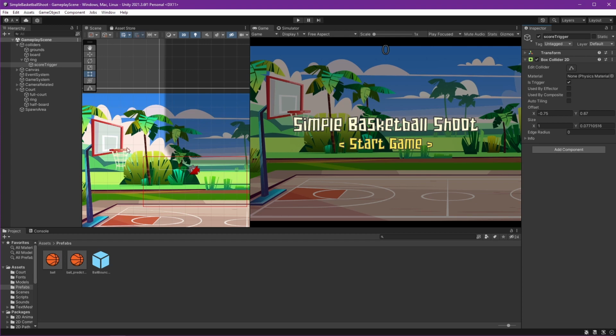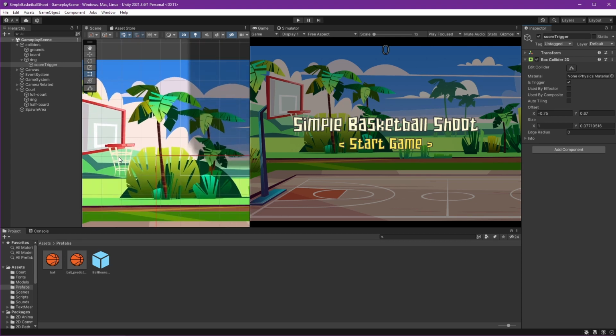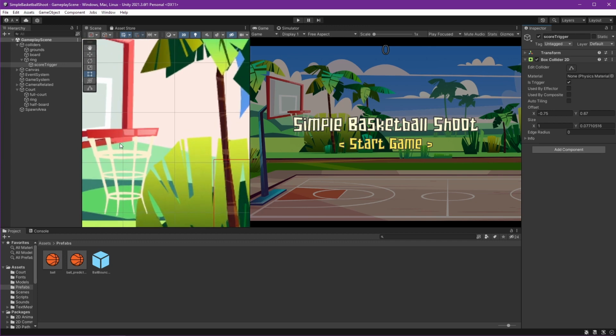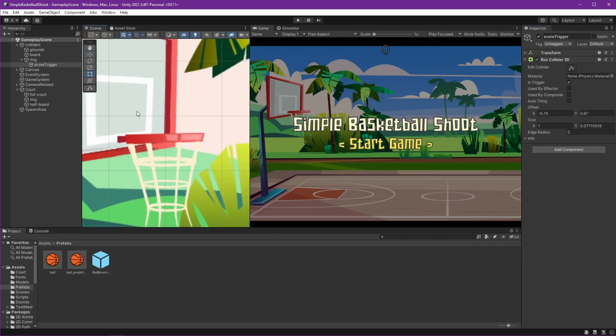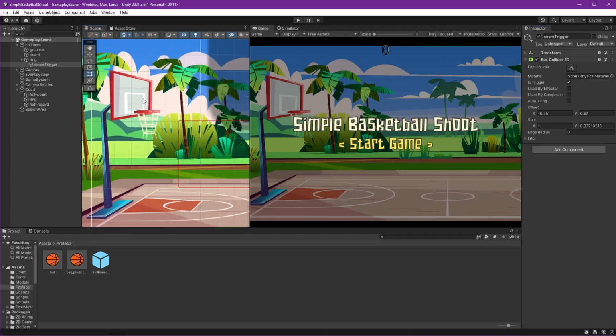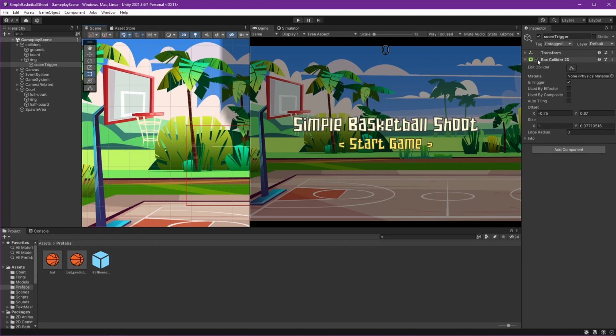You can see it when it's small, but we can see it when it's bigger. Weird. But at least we know the position. I will use the score trigger right here to detect the collision and then do the Swiss sound. I'm sorry, not collision, but trigger. This is a trigger, okay?